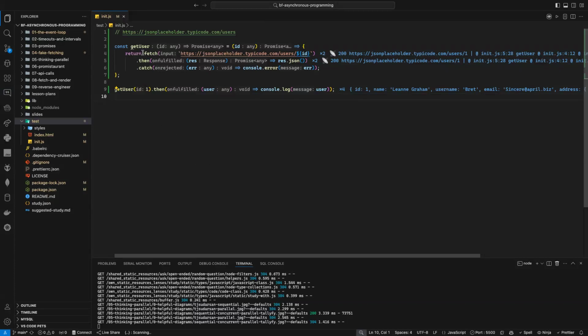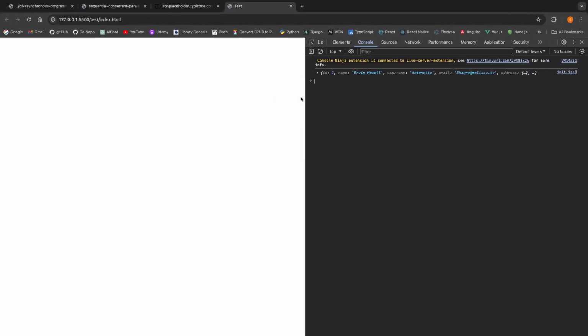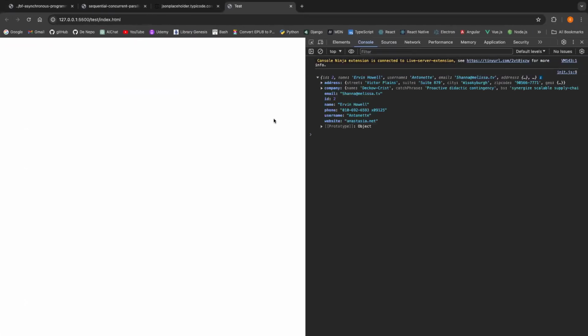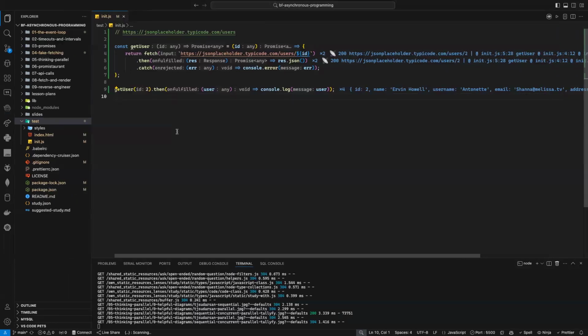That's fine. So as you can see, so far we have done this one. We're getting user with ID 1. Of course, if I want a user with ID 2, I can just switch the ID, and now it will give me user with ID 2. And if I go here, as you can see, I get the user with ID 2. Now, this code here,